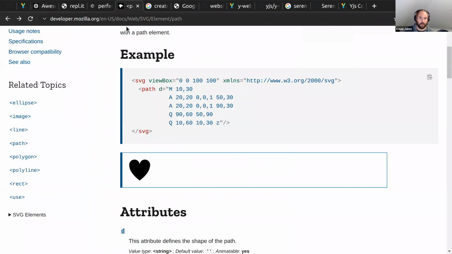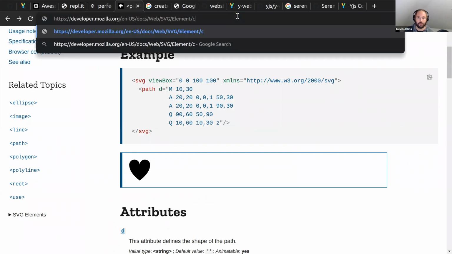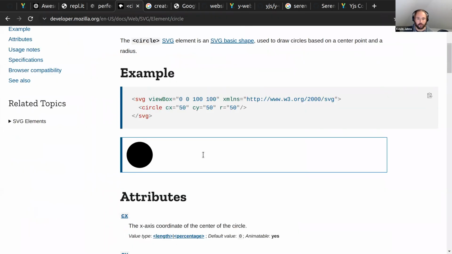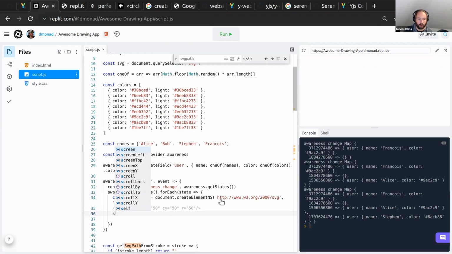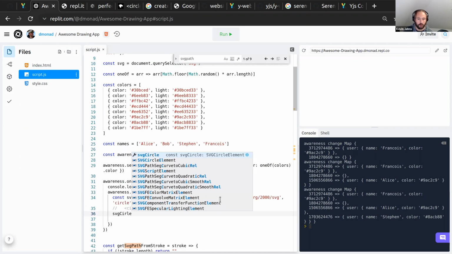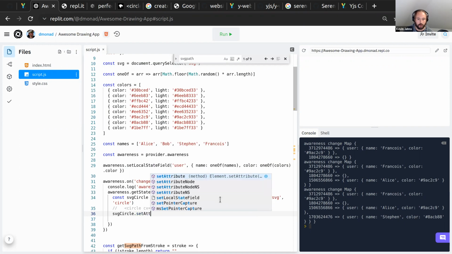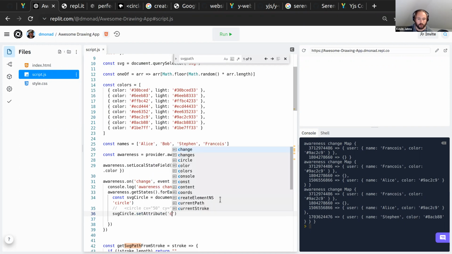I'm not going to pretend that I know what a circle has some weird properties. So why is it CX and CY? This doesn't make sense to me. All right, let's use this as a template. svg circle dot setAttribute CX is